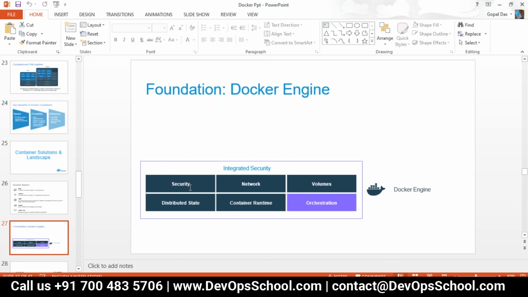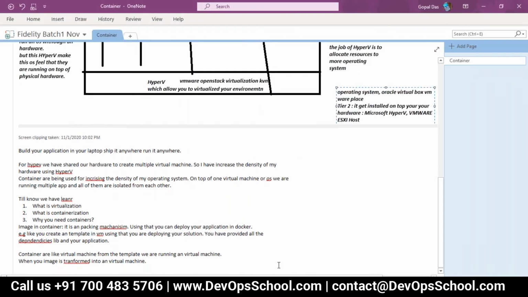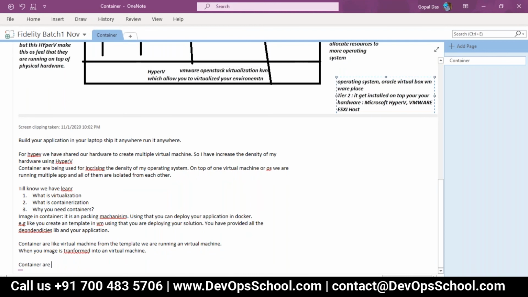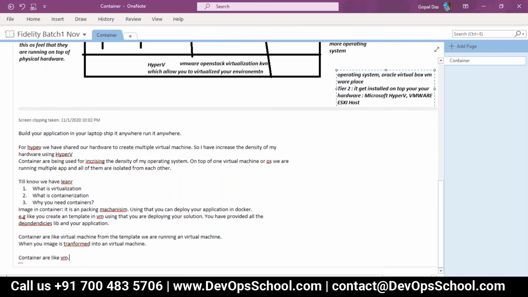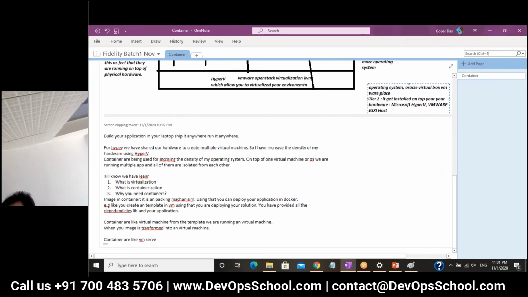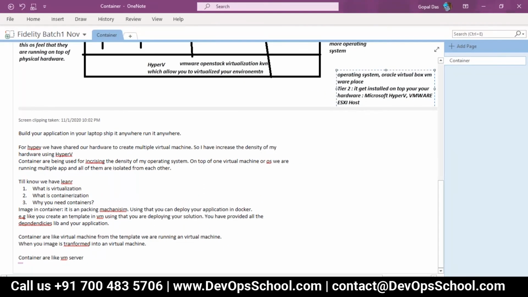In simple terms, I told you containers are like virtual machines. Containers are like VMs, or in simple terms, a server. What does a server need? Storage, networking. How can I access the server? If I don't have storage, I at least need networking. Without those main things, we cannot